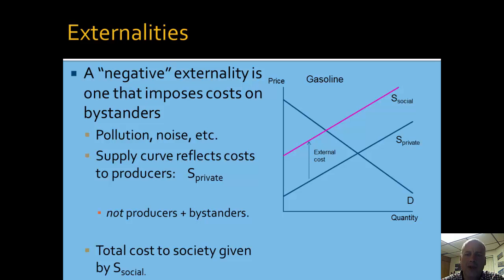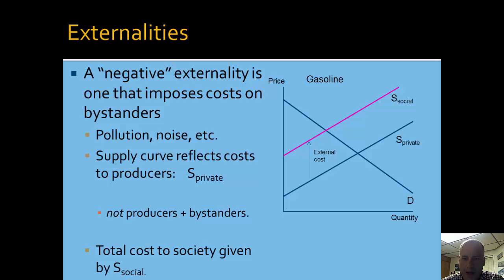But when there are external costs as well, costs to be borne by other people, those are not fully reflected in the private firm's supply curve. So when the firm decides how much to produce, they don't take into account the costs that they're imposing on others, only the ones they face themselves. So a negative externality, for example, pollution or noise or something like that, is a place where there are costs borne in addition to the private costs that are faced by the